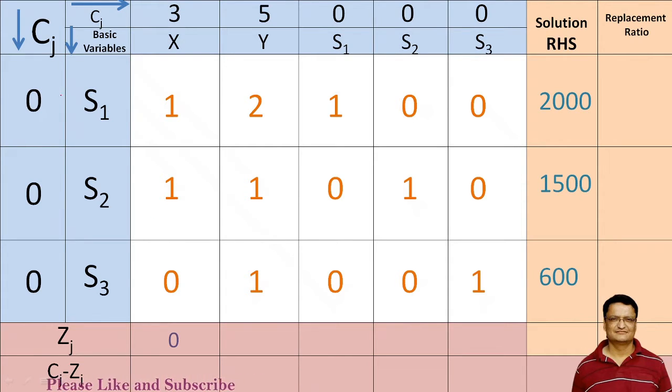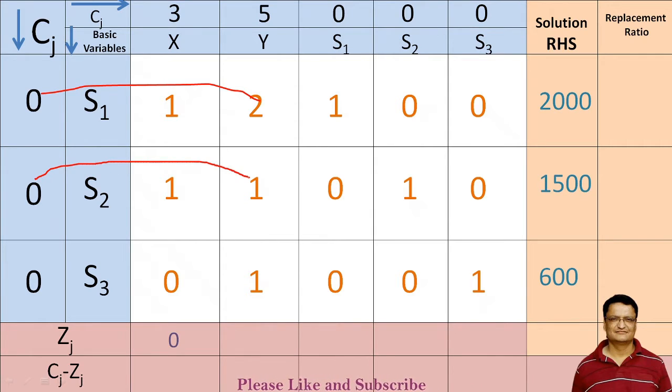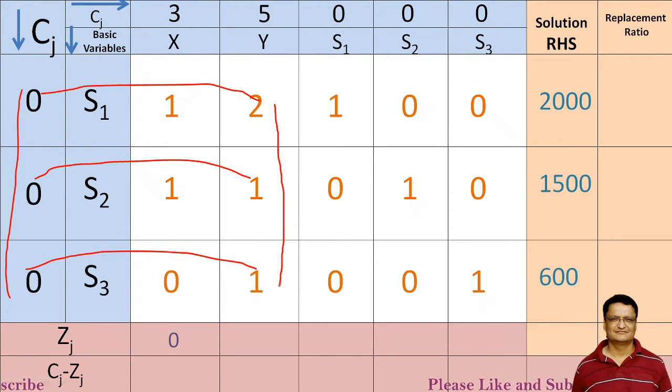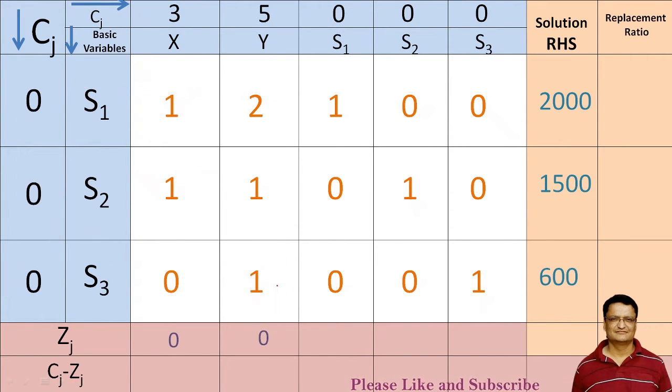Similarly, for the second column it will be 0 plus this 0 plus this 0, because all these values are 0, so obviously the multiplication value is going to be 0, so there will be a 0 value. Similarly I can compute the values for the rest of the columns.